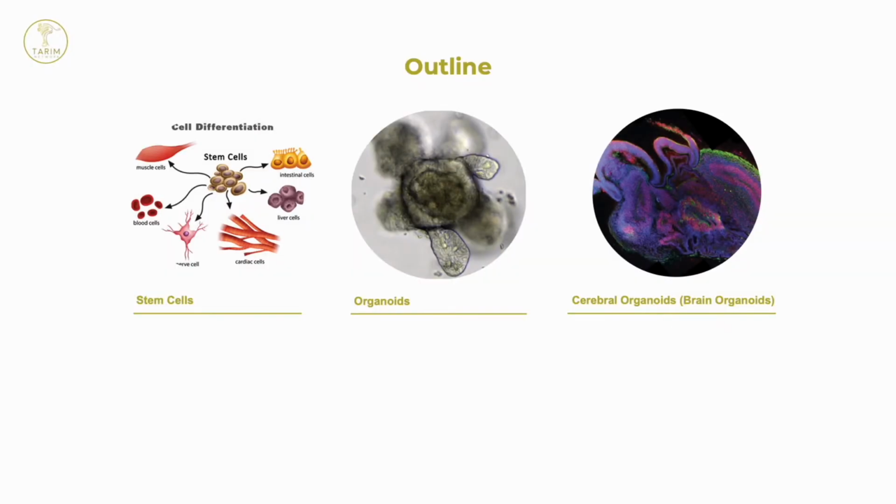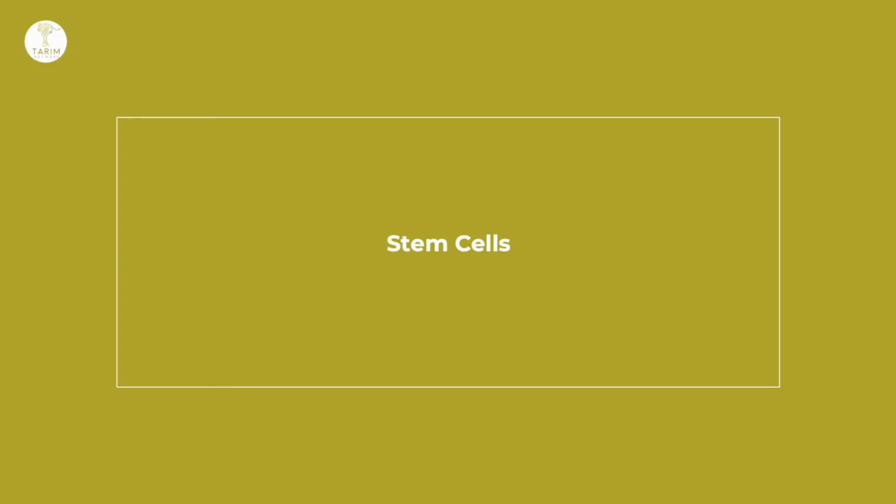So the outline is that we are going to start with stem cells first and then understand and explain what makes stem cells up, what their characteristics are, and then we are going to talk about organoids in general and see how they're generated and how they can be used and what their function is. And finally, we are going towards combining the knowledge that we will get from the first part of the seminar, and we are going to explore what cerebral organoids or so-called brain organoids are. So to start with stem cells.